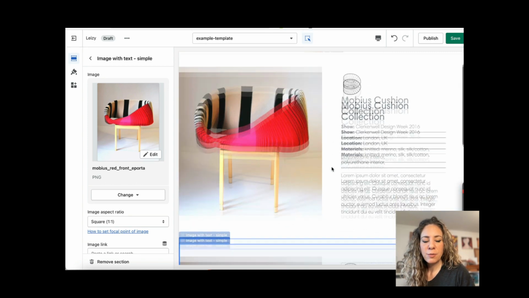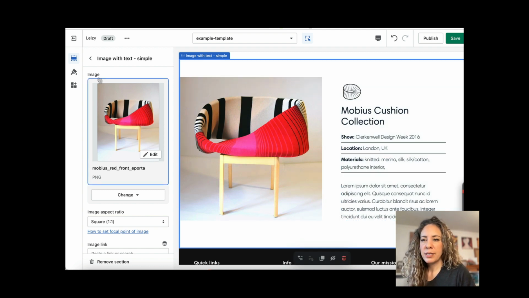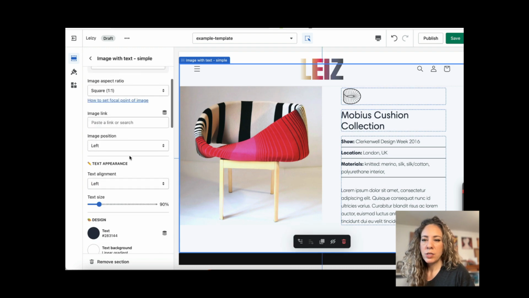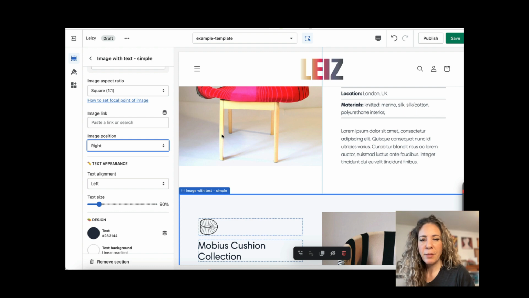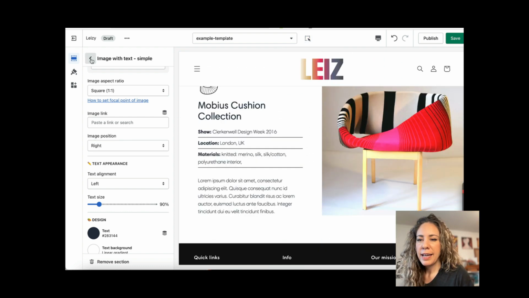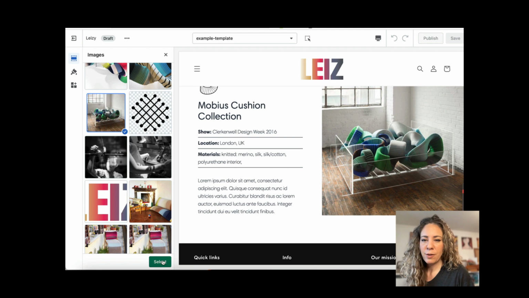And now I just have the duplicate section, which obviously you don't want the exact same content, but you might want it close enough. So say in this new one, I'm going to just swap the image position so that we have balance on the page. I'm going to turn this off again too, because it does kind of distract me. And then all you have to do is just go in and we can change the image. So I'm going to select the water bed,